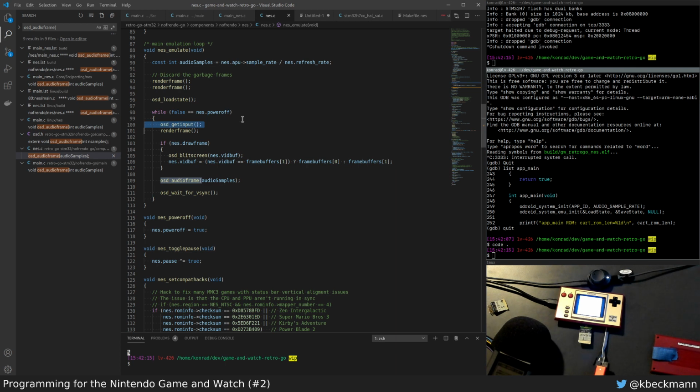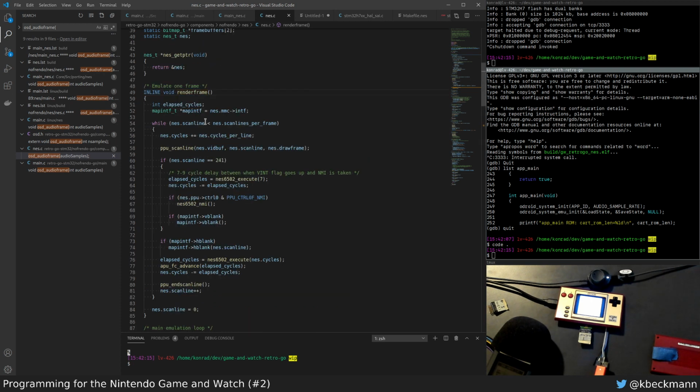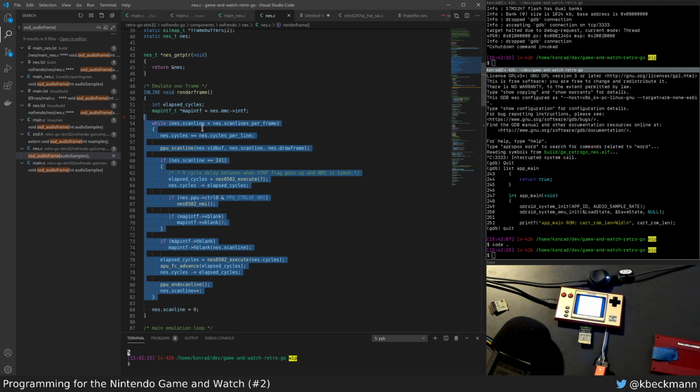So we do get input, render frame, and what render frame does is it actually runs the emulator, or actually it runs the video chip basically, and after that it will run the CPU, and when this is done